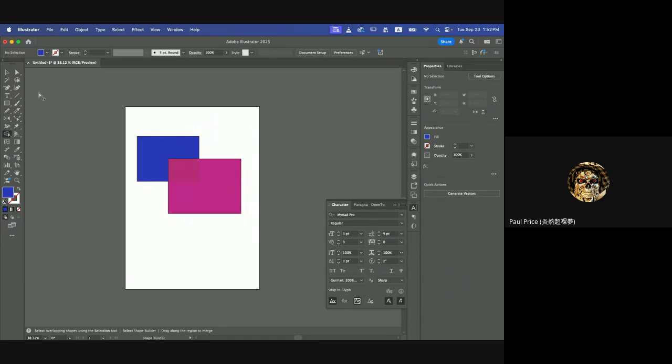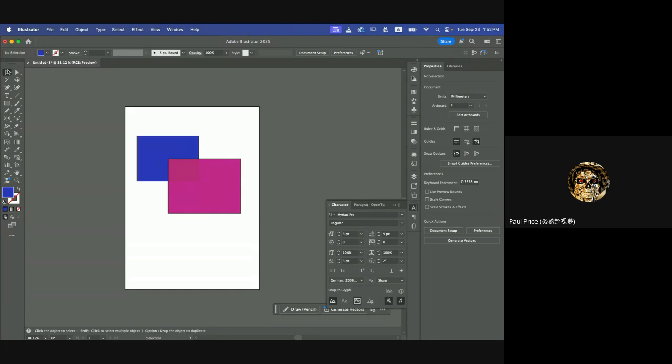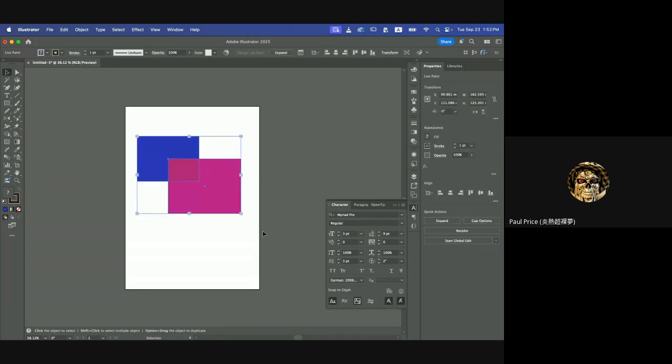So make sure that you go back to your selection tool, select everything, and then use that shape builder to get it to work. Now it's not able to work because